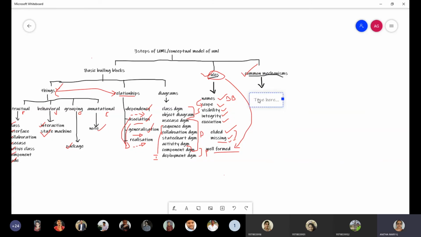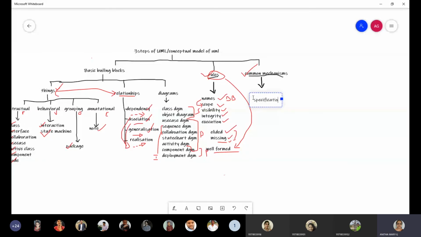Okay, so mechanism is a procedure that we follow when we are doing the models. Here again, the mechanisms are divided into 4. So moving to the first one, first I'll just list out the things. So 4 mechanisms are there. The first one is